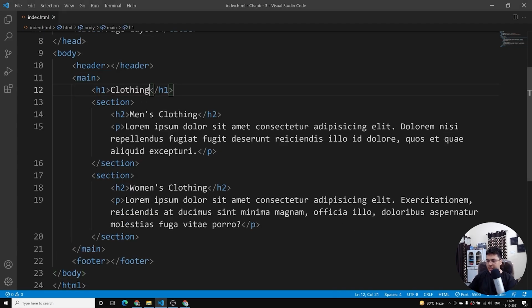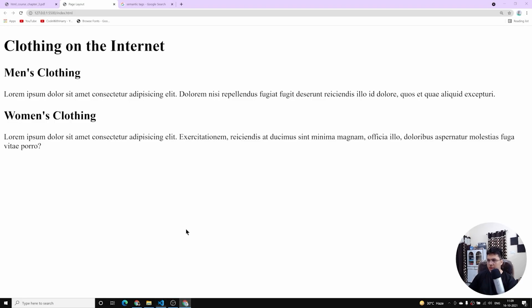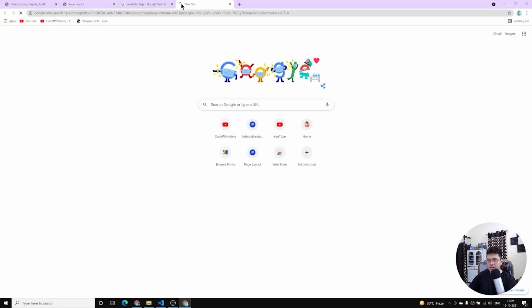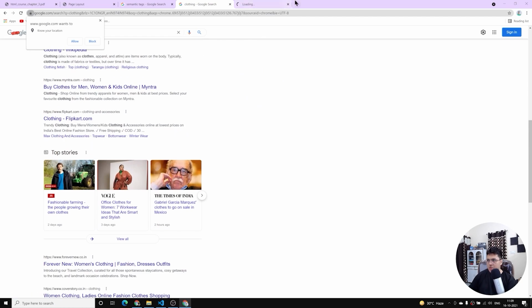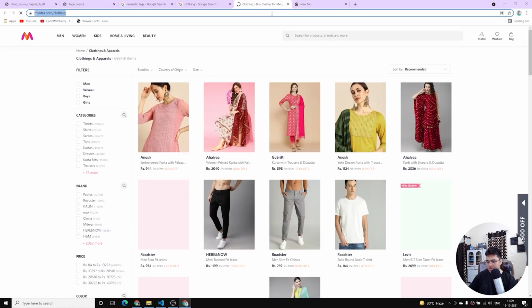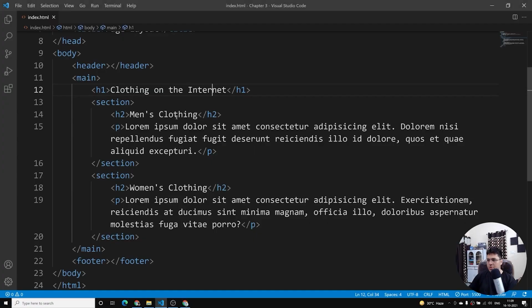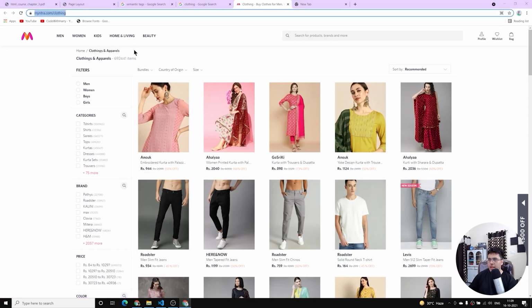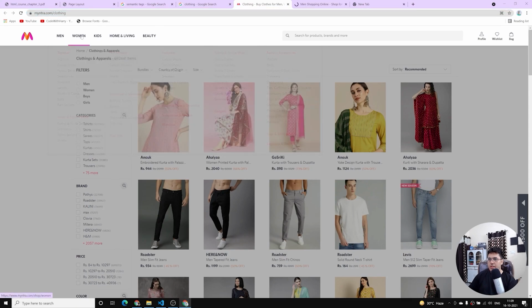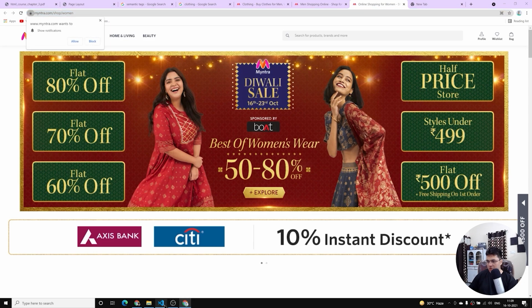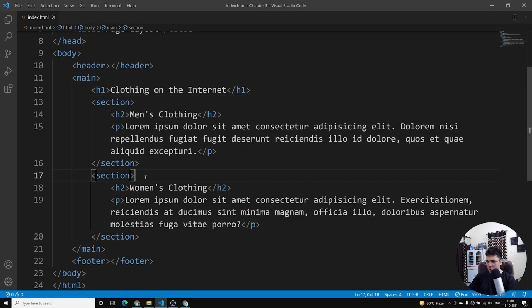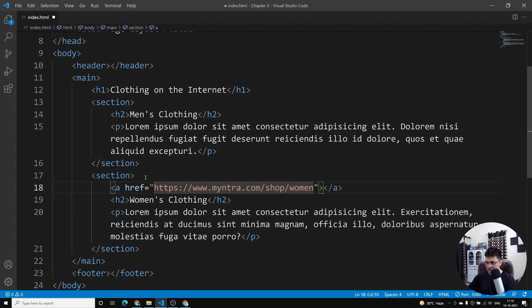Let me do one thing. I'll say clothing on the internet. Okay. What I'll do is I'll show you what I'm planning to do here. I'll simply say clothing, and I'll open a random link. So clothing, Myntra, clothing. I'll copy this link, by the way, and after copying this link, I'm going to use the women clothing and men clothing. So men clothing is here, women clothing is here. So I'll simply copy this one for women clothing, and what I'll do is I'll say href is equal to this, and then